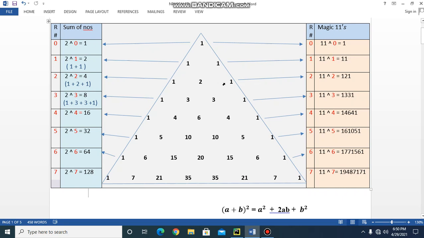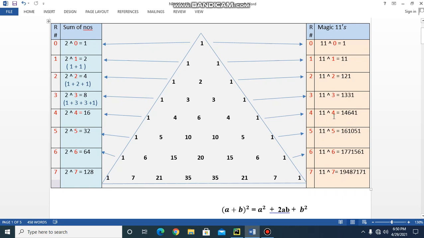So 1, 2, 1 is represented by 11 raised to the power of the row number, that is row number 2. We get 11 squared is 121. Similarly, 1, 3, 3, 1 is represented by 11 raised to the power of 3, which is the row number. 11 raised to 3 is 1331.